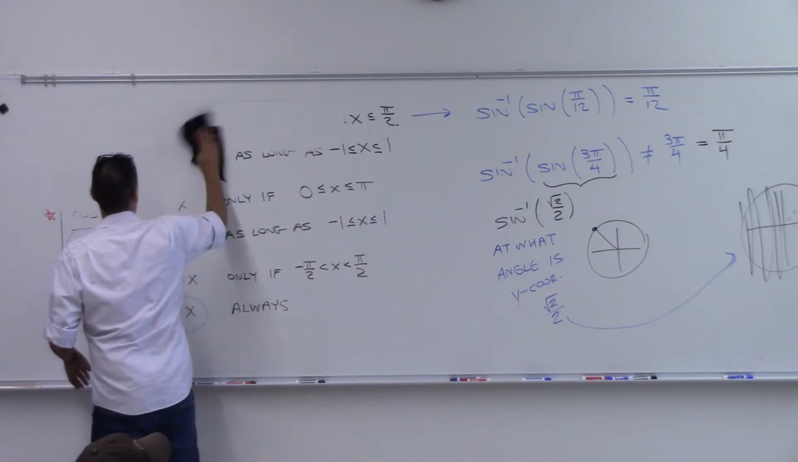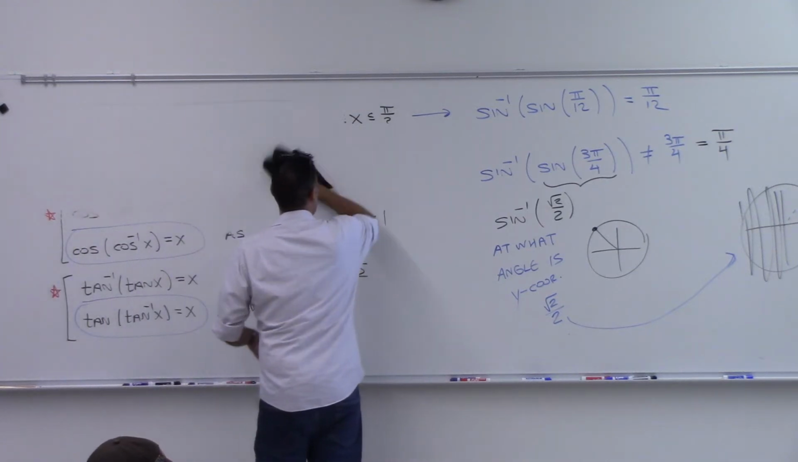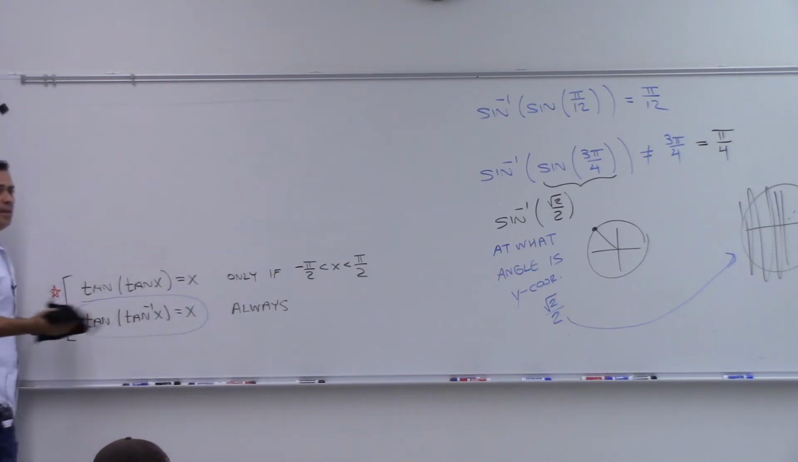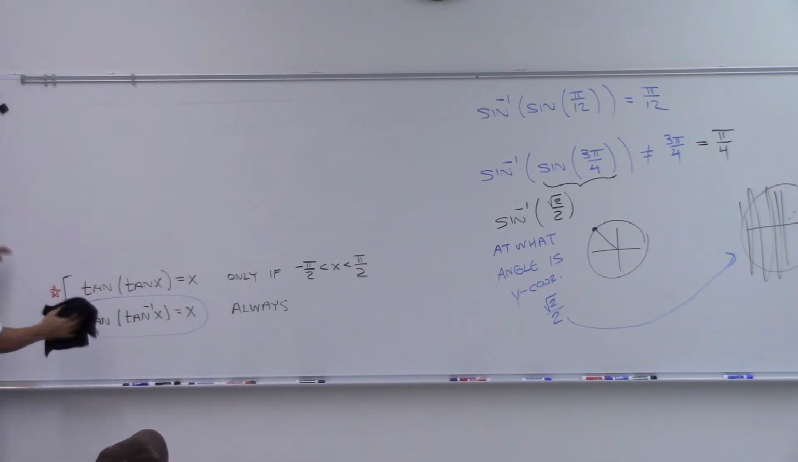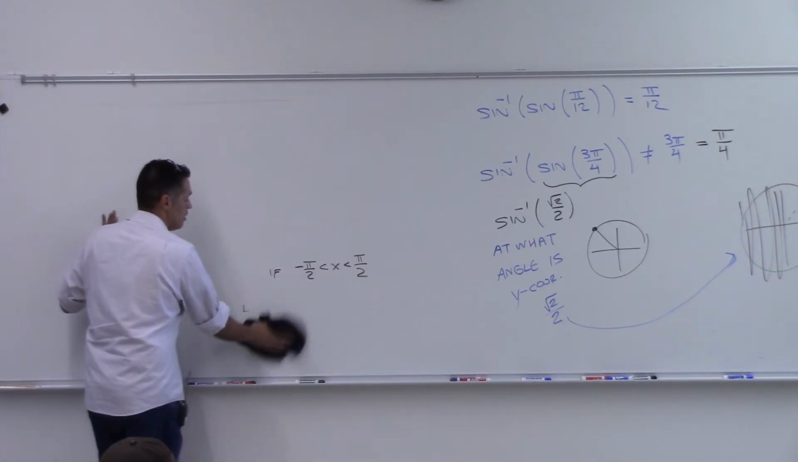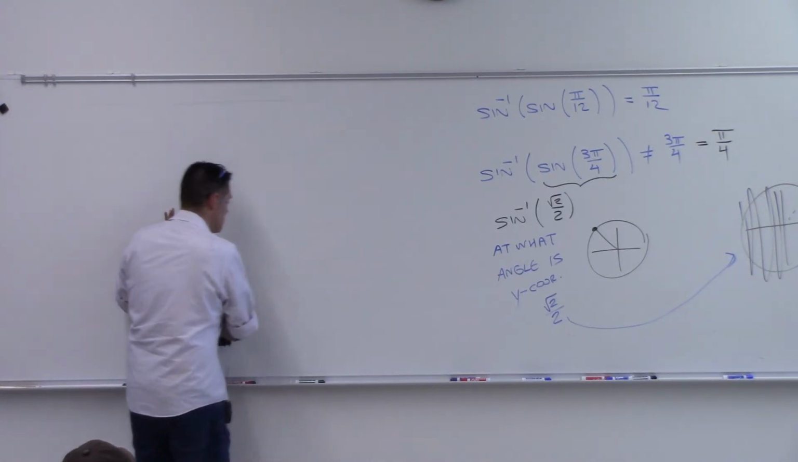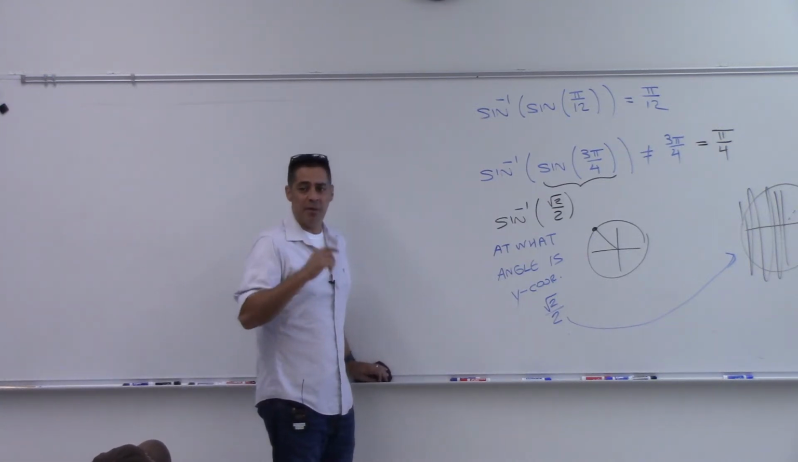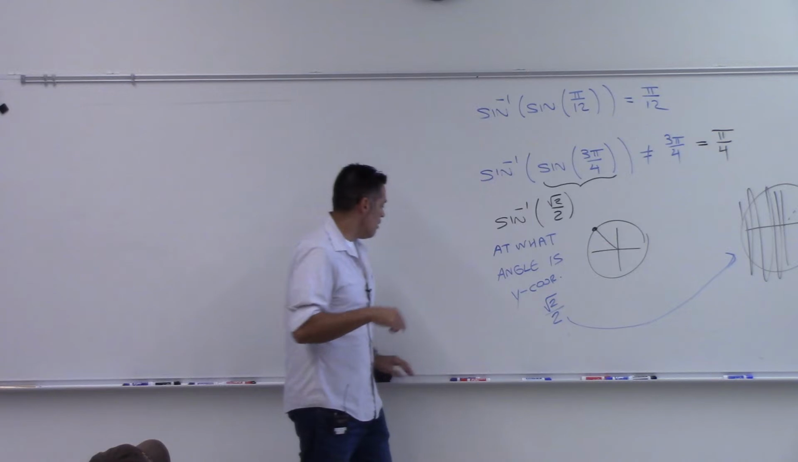There's good news and bad news here. The bad news is we have to talk about 3 more functions, 3 more inverses. That's bad news, right? There's more for us to have to keep track of. The good news is that because they're just the reciprocal functions, the domain restrictions will be the same. So, for example,